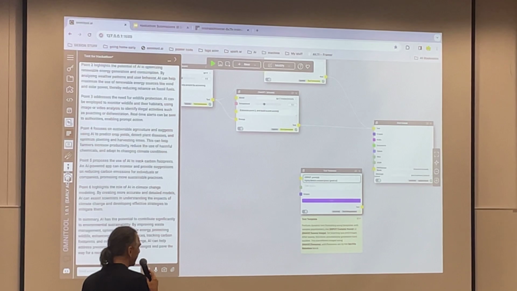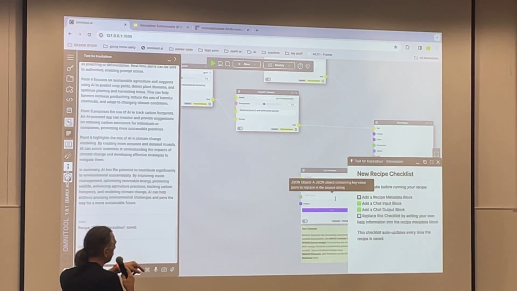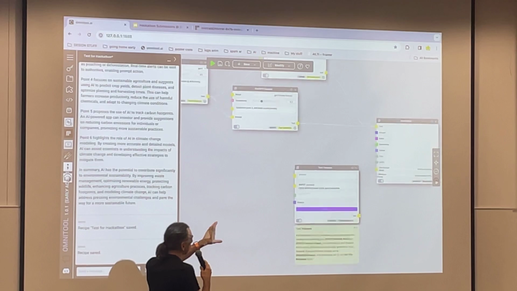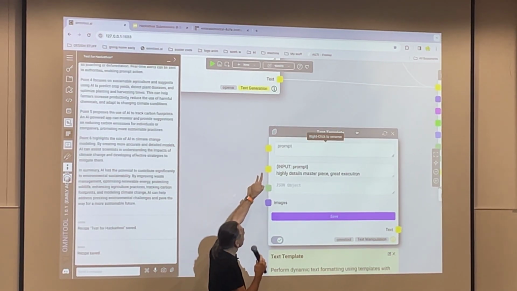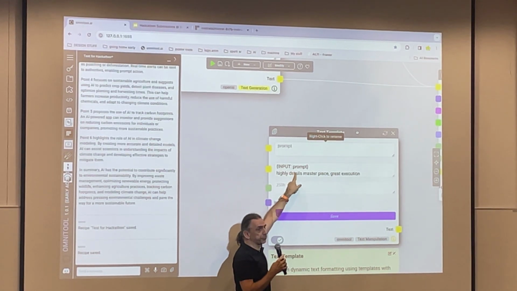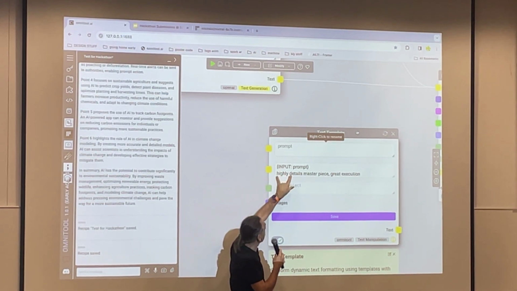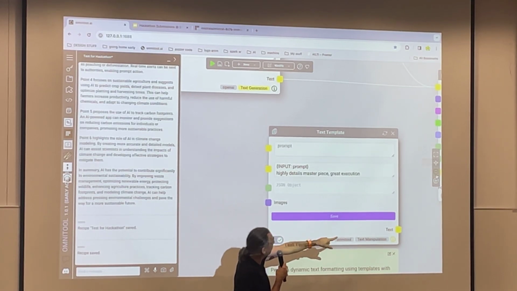Trending on ArtStation. Okay, sure, that's great. So save, and when you do that, can you zoom in? This block called text templates now has a new input. It's called prompt, which we created by saying input prompt. And whatever we type in there will be replaced here. So if you connect this to a chat input and connect that to a chat output,